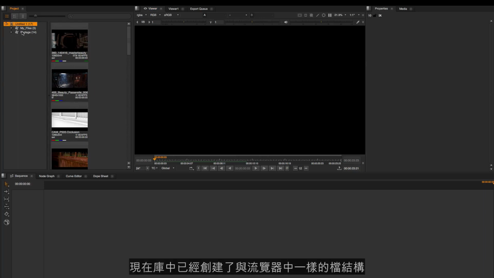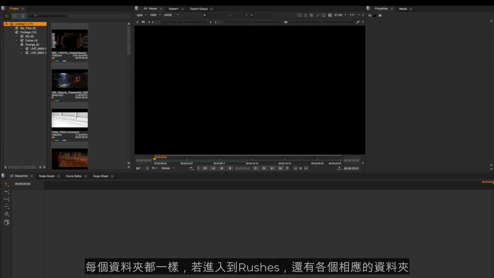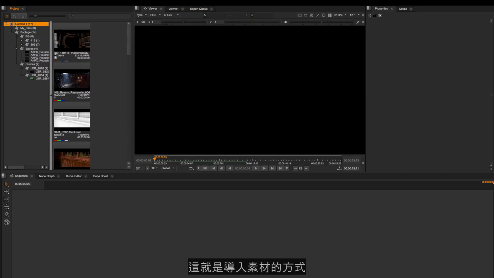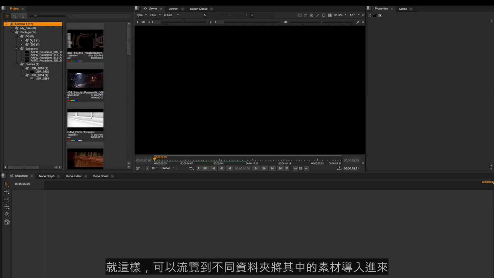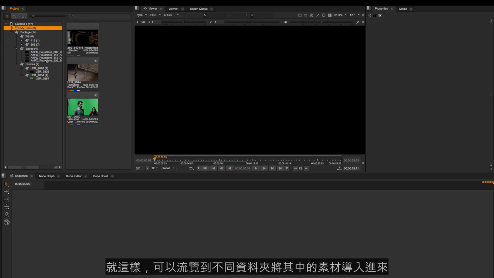If I look at the bins, you can see that it created the folders exactly the same as they were in the file browser. So I have footage. Inside footage, I have background, extras, rushes. Then into each one, if I go into rushes, it has each folder for the rushes, and each folder for the backgrounds, just as it was imported. All right, so there you are. That is how you can browse into the different folders, bring your footage, and start your editing or your project